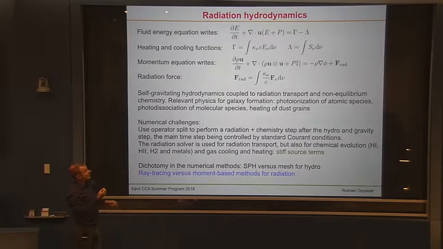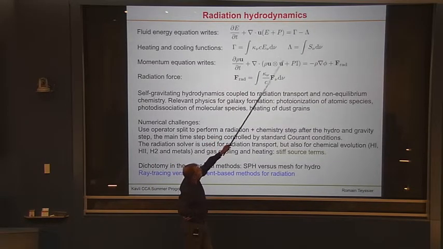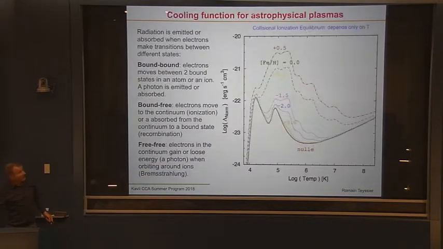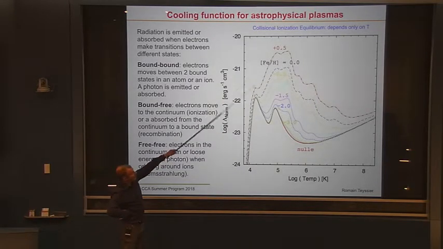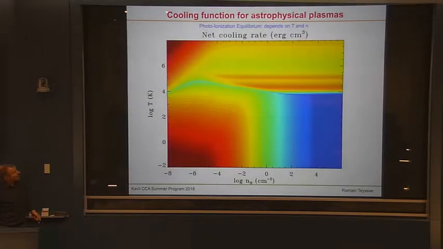You just need these heating and cooling functions, right? So here you just plug in your cosmological background for the photon, and here you plug in the source function for your microscopic processes. So then you get the cooling function. That's the well-known thing here, which actually is responsible for a lot of strong effects in galaxy formation. So that's the list of processes I'm going to jump over. That's basically what you get for the cooling function.